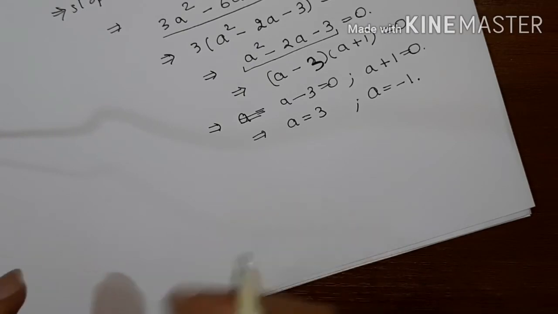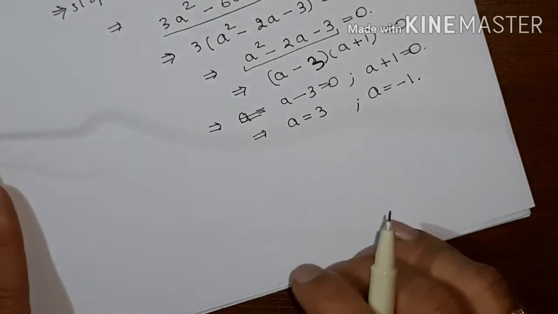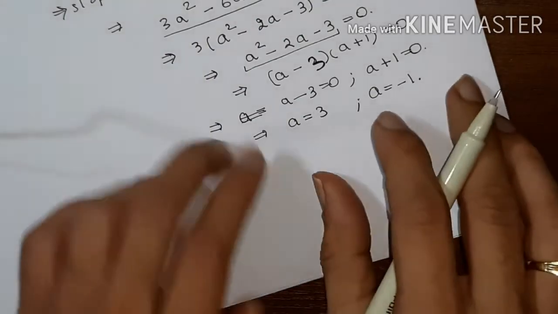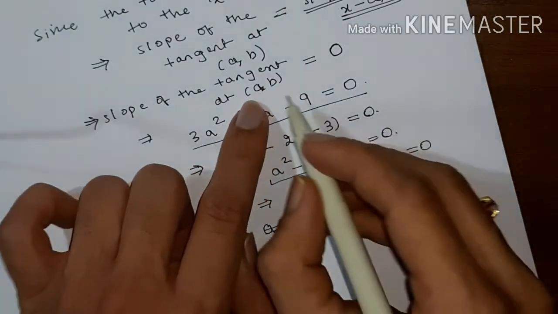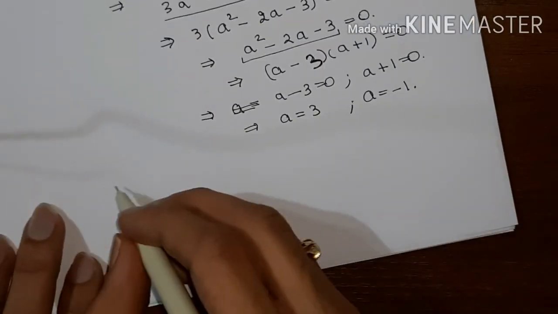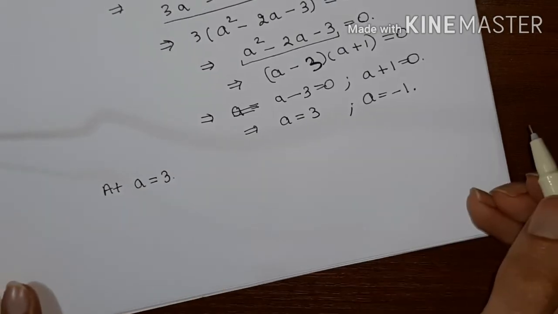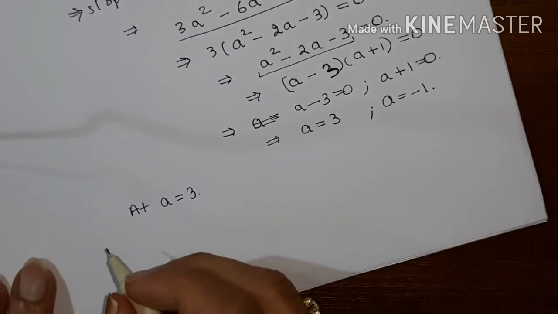Okay, so now what we have is a equal to 3 and a equal to minus 1. Now we have to find b, because we have to find this point a comma b. At a equal to 3, what we will get is b. Now before that, see,